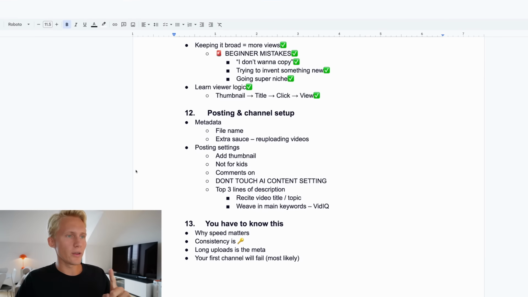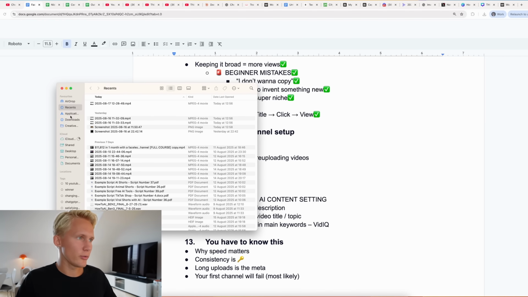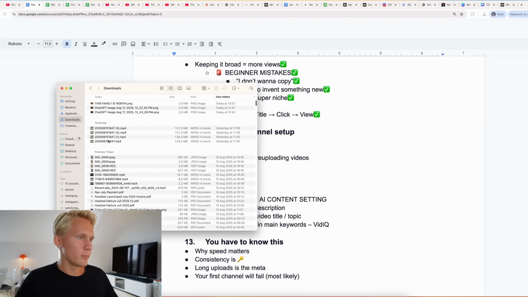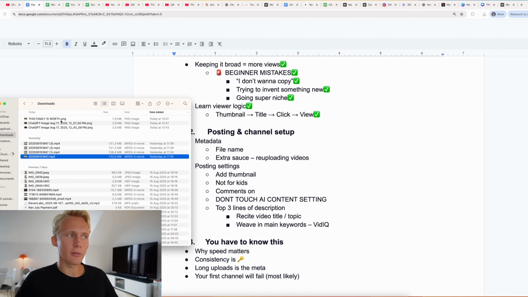So once you've downloaded the YouTube video, for example, that you are going to post from CapCut, it would be this one for me. Instead of just having the file name as 2025 15th of August, blah blah blah, there's actually something called metadata that has to do with your file, and YouTube looks at this metadata when you post your video, so it can help you get pushed out into the algorithm easier if you approach it the right way.